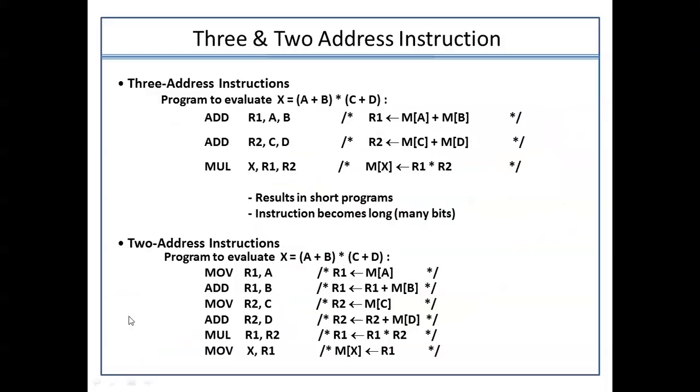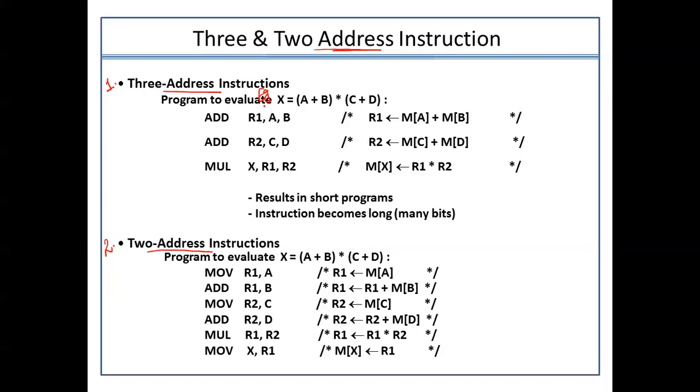So here is the first type, where we have instructions with varying addresses. Like there is one instruction with the three address instruction. This is one category. Then the second category is where we are using two addresses. So what is a three address instruction, what are two address instructions, and how do they vary? Let's understand them.